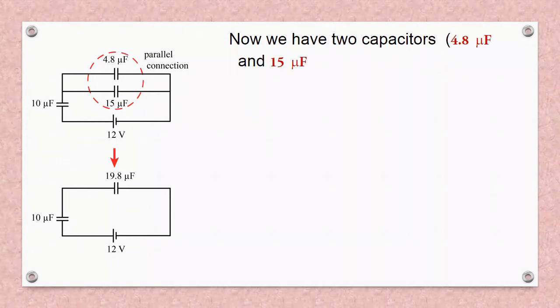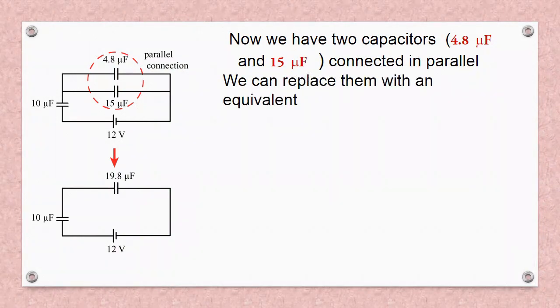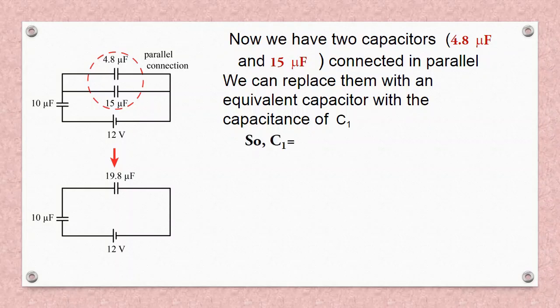Now this 4.8 microfarad and 15 microfarad are again in parallel, so the equivalent capacity C1 would be equal to 4.8 microfarad plus 15 microfarad, that is 19.8 microfarad. Now this is the C1, 19.8 microfarad. Now 19.8 microfarad is again in series,